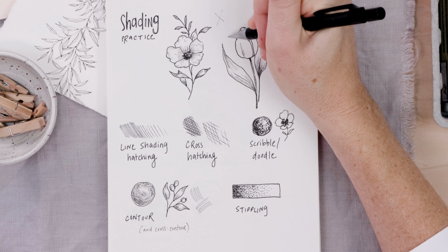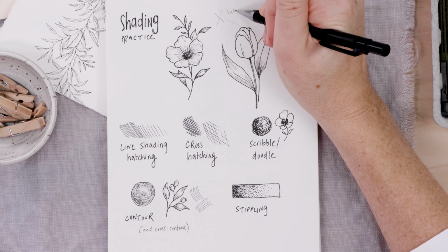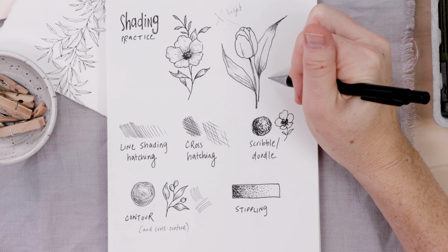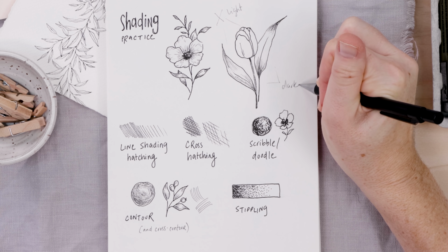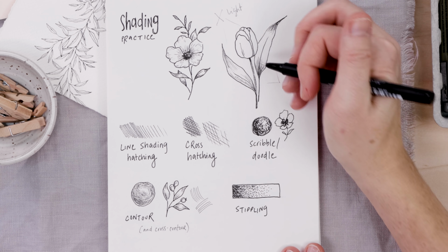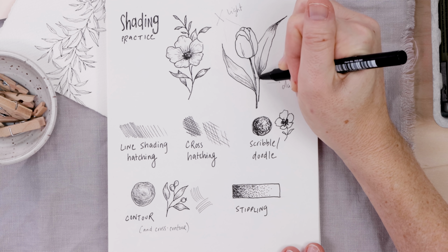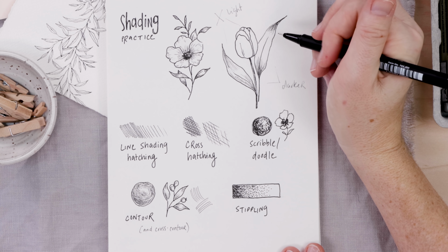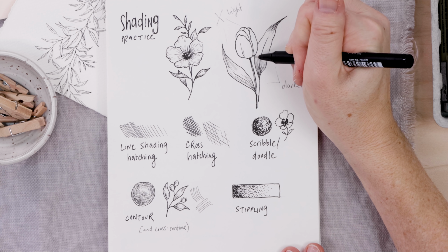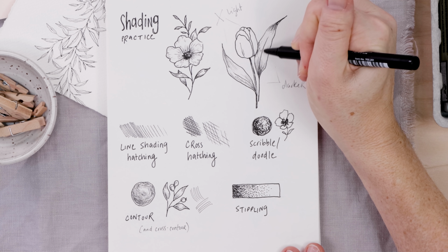But you know what we need to talk about? Light. As the artist, you decide where the light is coming from. I'm saying it's in the upper left. That means everything on the bottom right is going to be a little bit darker, and things on the left or the upper part of the tulip are lighter. So right away I can say, okay, underneath the blossom, it's a little darker there on the stem, and where this flower overlaps the leaf, it would cast a little bit of a shadow,